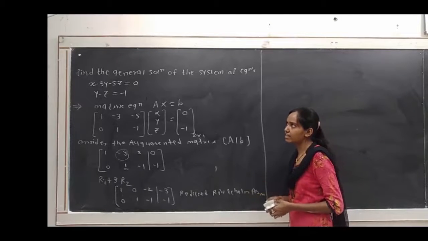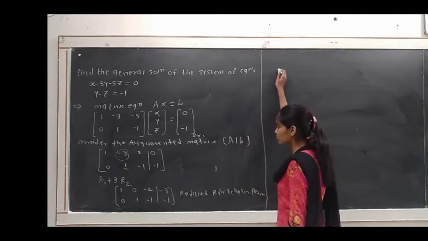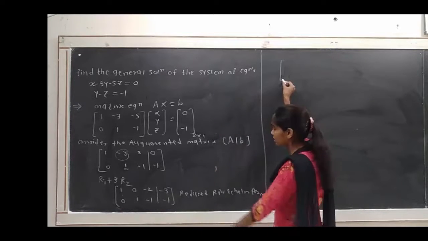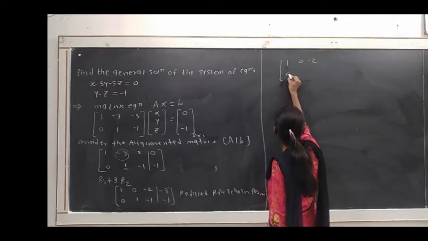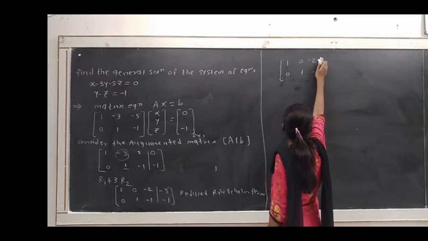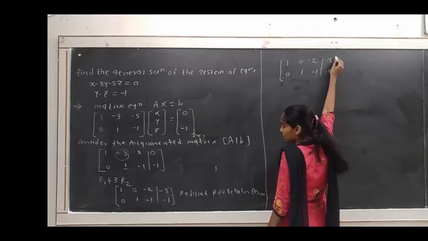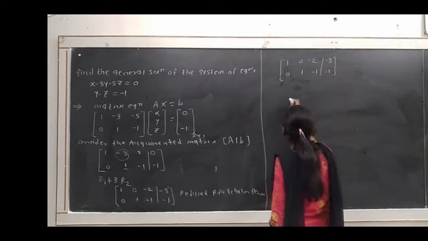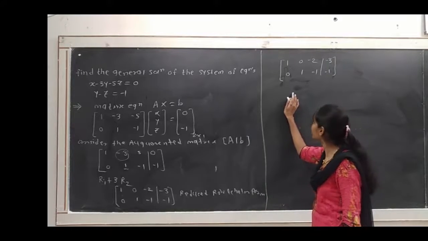Okay, that is directly the values of x, y, z or simplified form. So again we have to rewrite the given augmented form here: 1 0 minus 2 0 1 minus 1, with respect to entries of b being minus 3, minus 1. Then we have to rewrite again the system of equations.